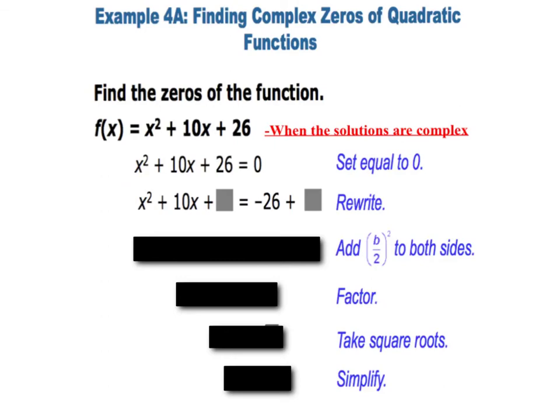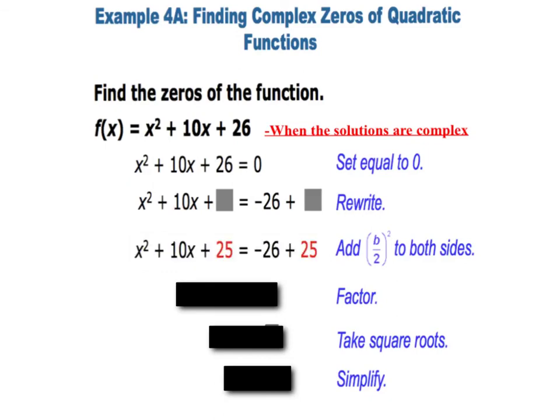Then I'm going to take half of the linear term. Half of 10 is 5. You're going to square it, and then we're going to add that to both sides. Now, simplifying that, that's going to give us this right here. So now we're going to take the square root of both sides. We're going to take the square root of this side, square root of this side, and that will give me